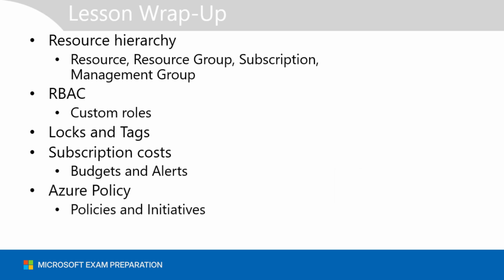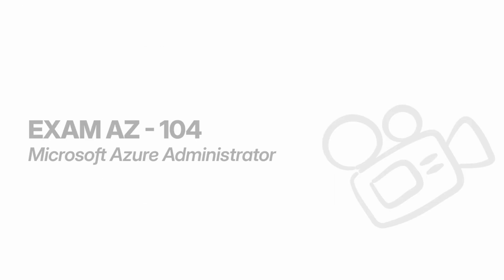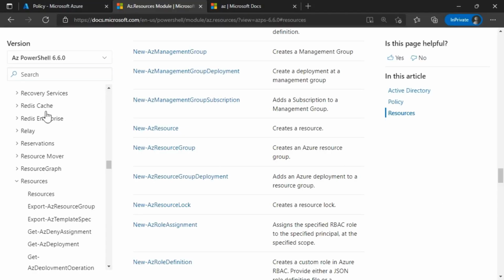And finally, we discussed Azure Policy. It's a way to help enforce organizational rules and standards in your environment. So a policy is a business rule, an initiative is a set of policies. Let's discuss some command line options for these topics. So I'm in the PowerShell section,